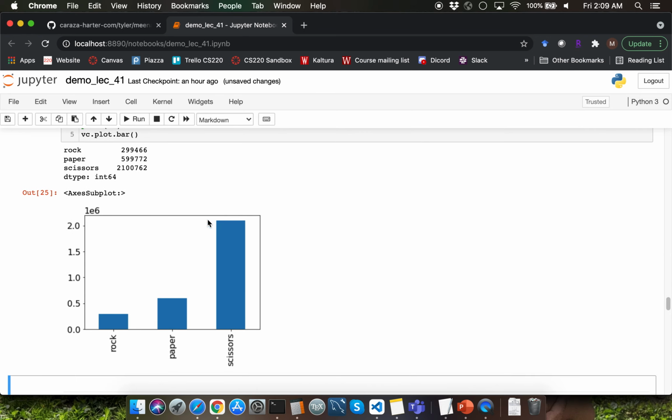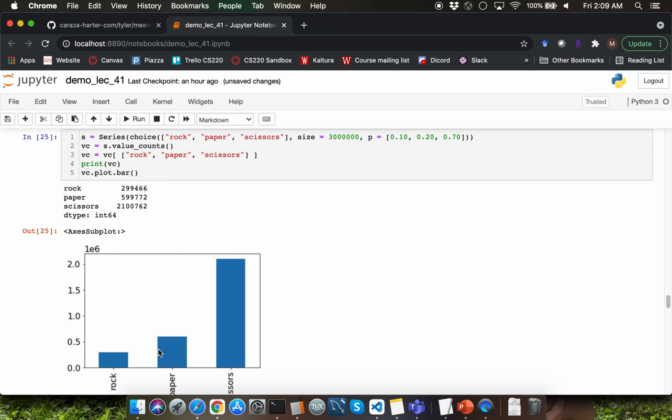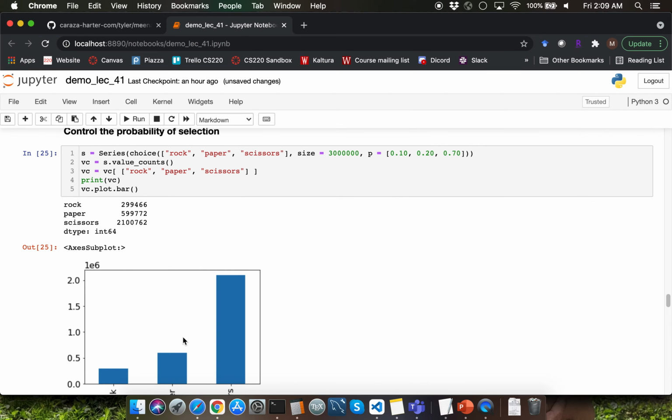Observe that 70% of the time we are getting scissors, and 20% of the time we are getting paper, and 10% of the time we are getting rock. We are able to see this really nice probability distribution because we are making a really large sample of selection, which is 30 million selections.